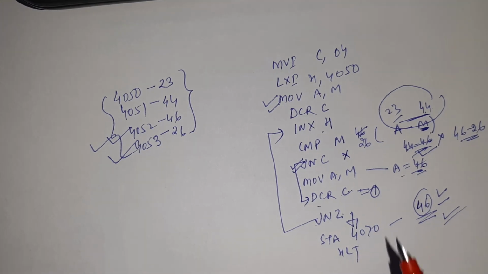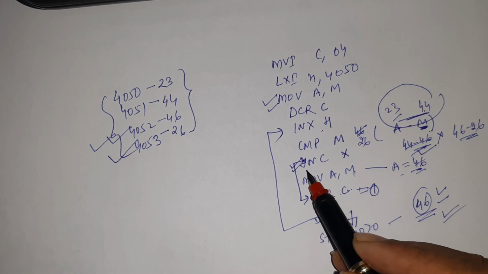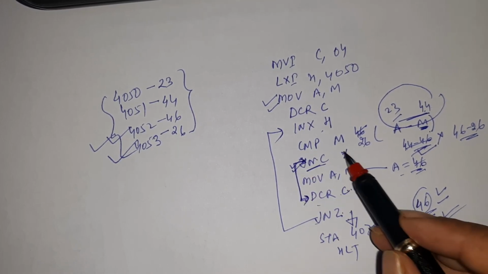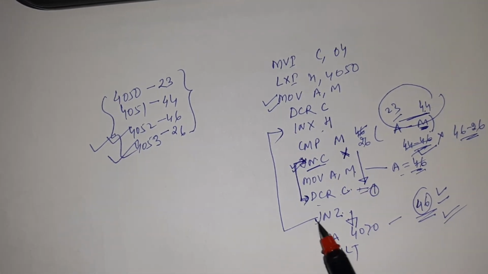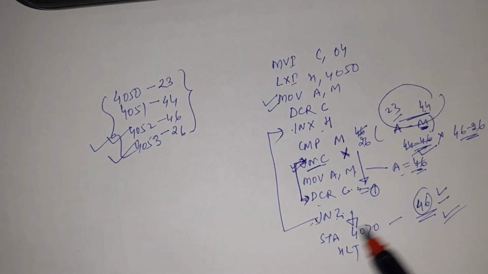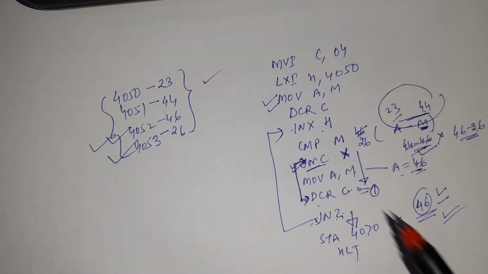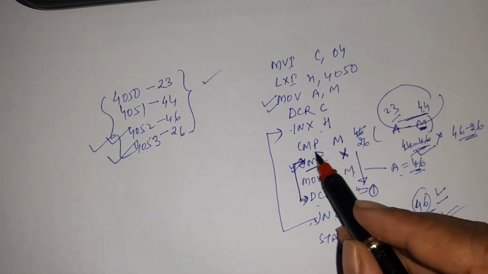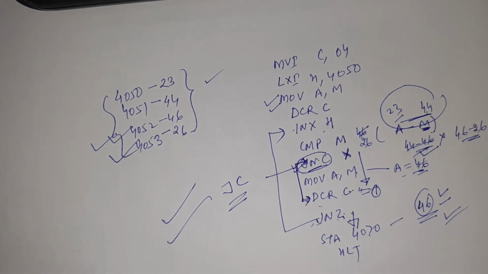So by using this method we can easily find which number is largest. So this is loop. If there is no carry, then this loop will jump here. If there is a carry, this will not be executed, then execute sequentially. And here if counter value is not equal to 0, then we have to repeat this again and again. Also you can take 4 numbers, 5 numbers, 10 numbers, this program will be same. If you want to find smallest number, just replace JNC by JC, and this will be the program for finding smallest number.